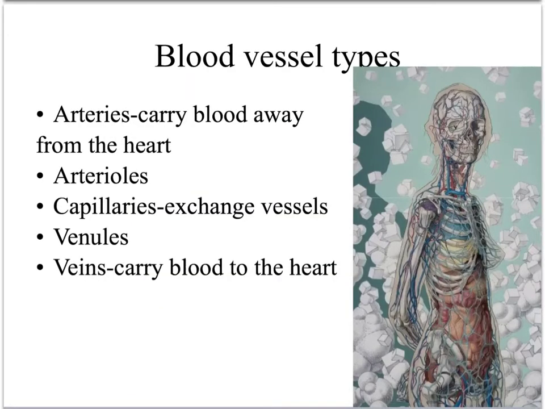As a quick review, the types of blood vessels, you've seen this before in previous chapters. Arteries carry blood away from the heart. They branch into smaller and smaller vessels referred to as arterioles. Arterioles keep branching out into capillaries, and capillaries are where the actual business of exchange happens. Capillaries will be getting larger and form venules, and then the venules will keep getting larger and larger as they